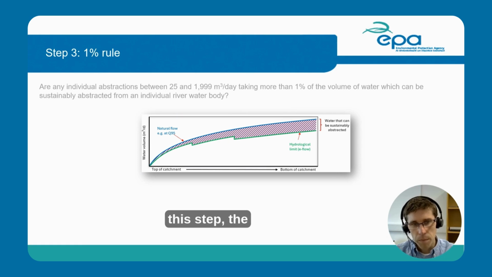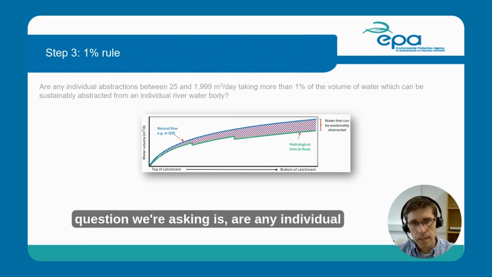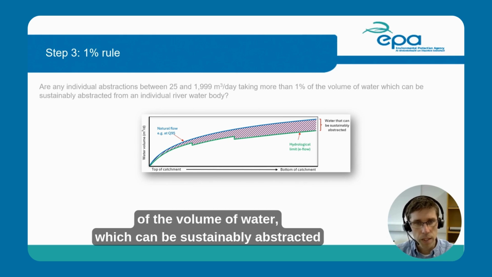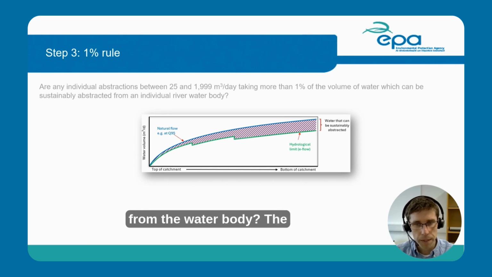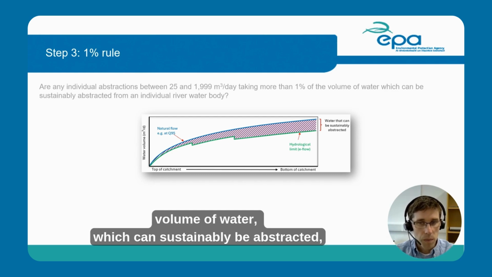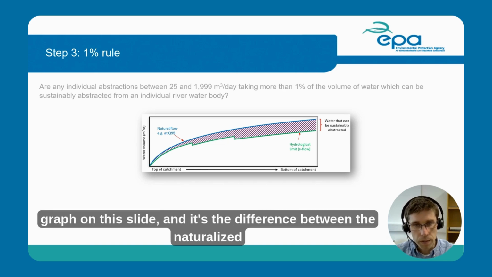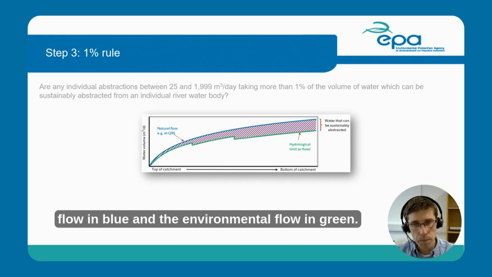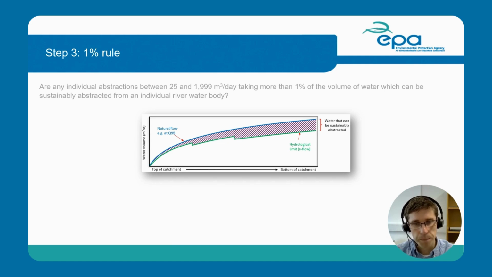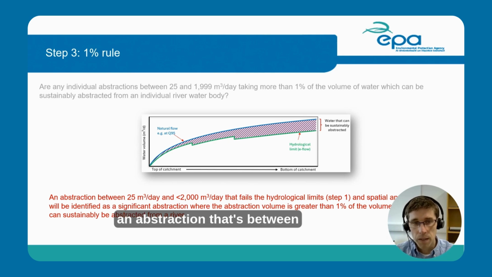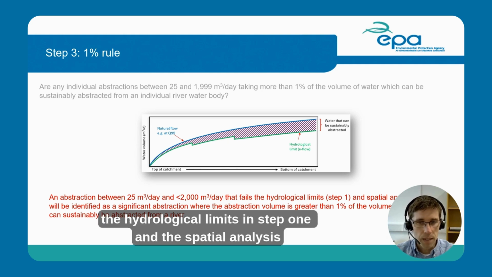In this step, the question we're asking is, are any individual abstractions contributing to the breach in hydrological limits taking more than 1% of the volume of water which can be sustainably abstracted from the water body? The volume of water which can sustainably be abstracted is shown on the graph on this slide, and it's the difference between the naturalized flow in blue and the environmental flow in green. Essentially, if an abstraction that's between 25 and less than 2000 fails the hydrological limits in step one and the spatial analysis in step two,